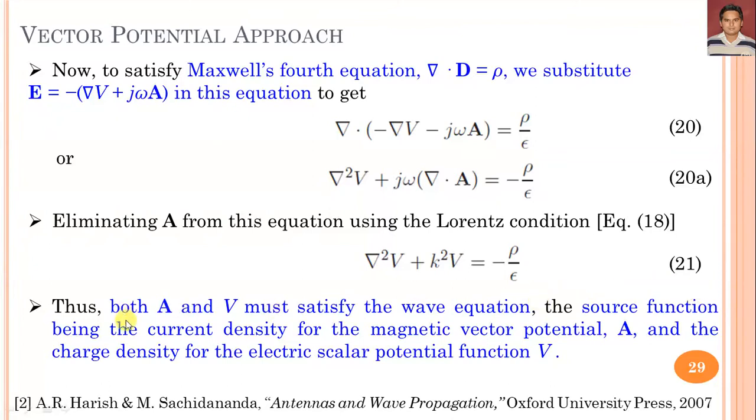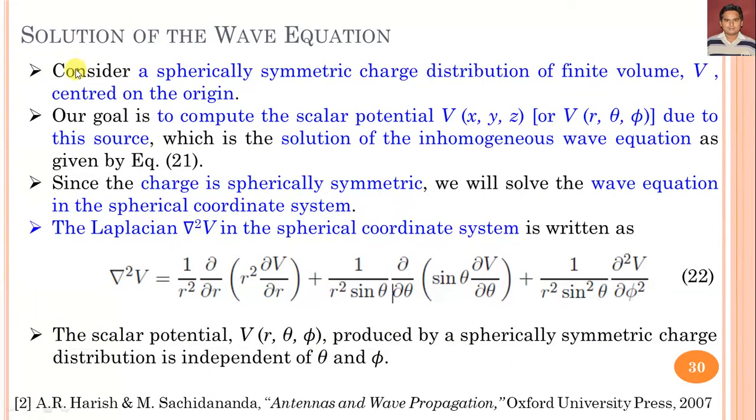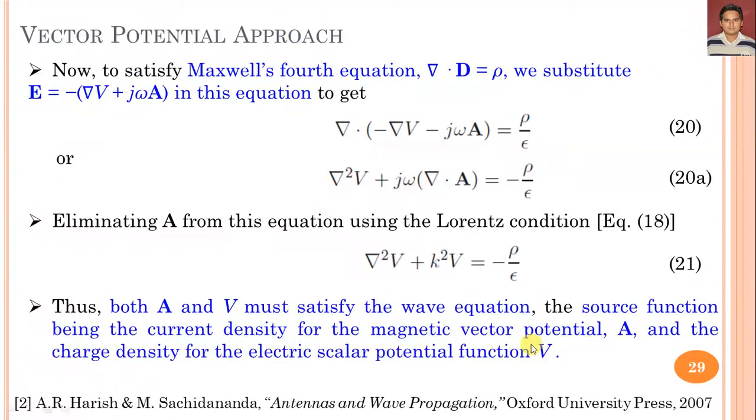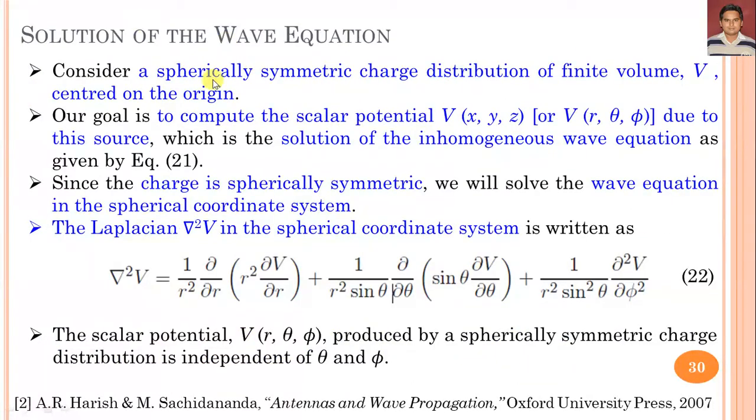The source function is the current density for the magnetic vector potential A and the charge density for the electric scalar potential function V. Then we have calculated the solution of the wave equation as in equation 19 and equation 21, and these solutions can be calculated while considering a spherically symmetric charge distribution of finite volume V